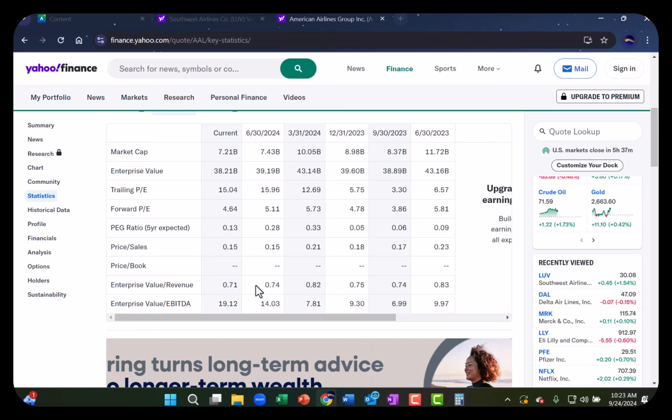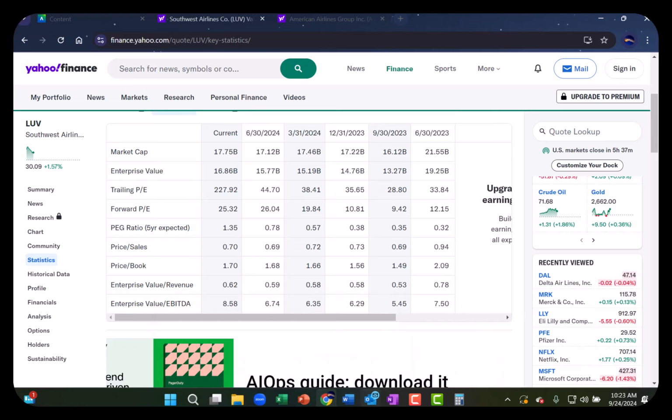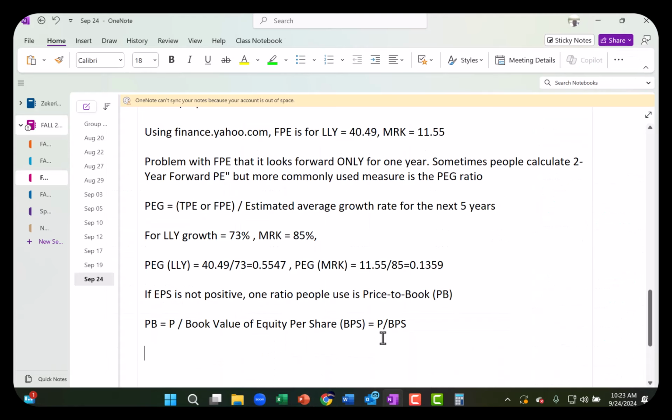Because the book value of equity for American Airlines is negative. That's primarily because of the big charges they took during COVID years, which they haven't made up for yet. In that case, if EPS is also negative,